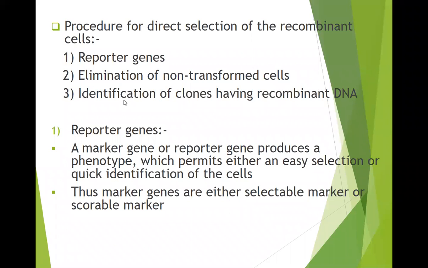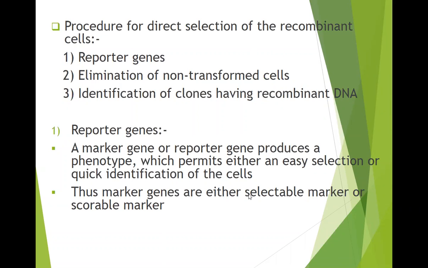Then we also have methods for the identification of clones having the recombinant DNA. Direct methods are also available. Now let us see one by one how we use these methods to select the recombinant cells. These reporter genes are nothing but marker genes. They produce a particular phenotype. This phenotype produced by the marker or reporter gene permits the easy selection or quick identification of the cell. This reporter gene or marker gene could be either a selectable marker